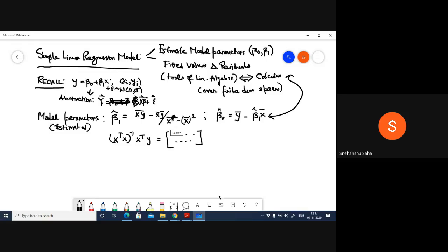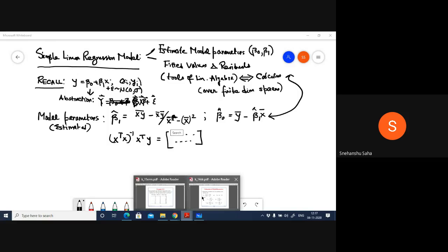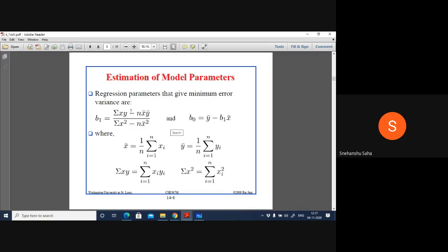All right. So let's look at this example again. And this is what these model parameters are according to a calculus-based estimation. Now, if you look at this carefully, you will see that the estimated coefficient beta 1 particularly, even though it looks different from the one which we have already computed, is actually not, because if you divide the numerator and the denominator both by n, the number of samples, you actually get back the first term which we have already derived, which is x bar y bar,